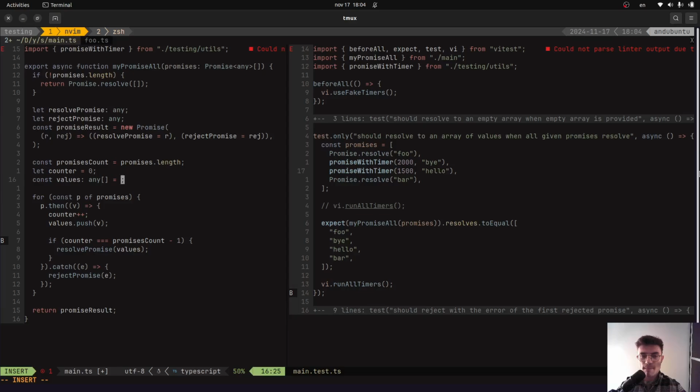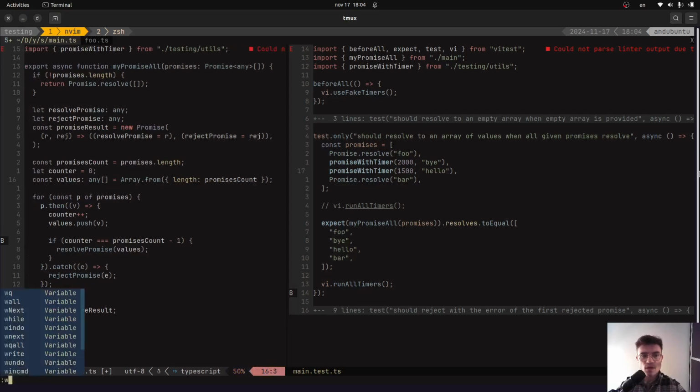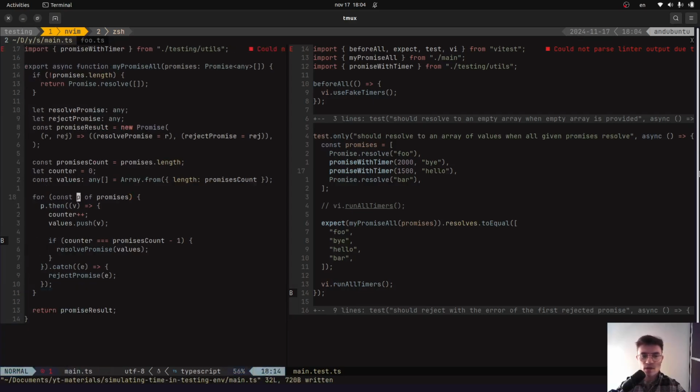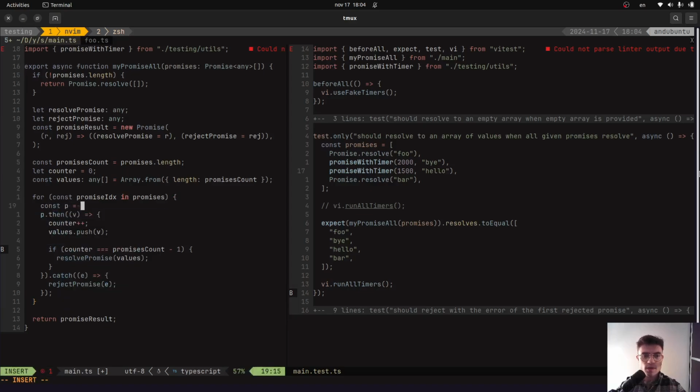Let's say Array.from, and we're going to provide the length, which is promises count, and then we are also going to need the indices of the promises. So I'm going to say promise index in, say p is the promises at that promise index,